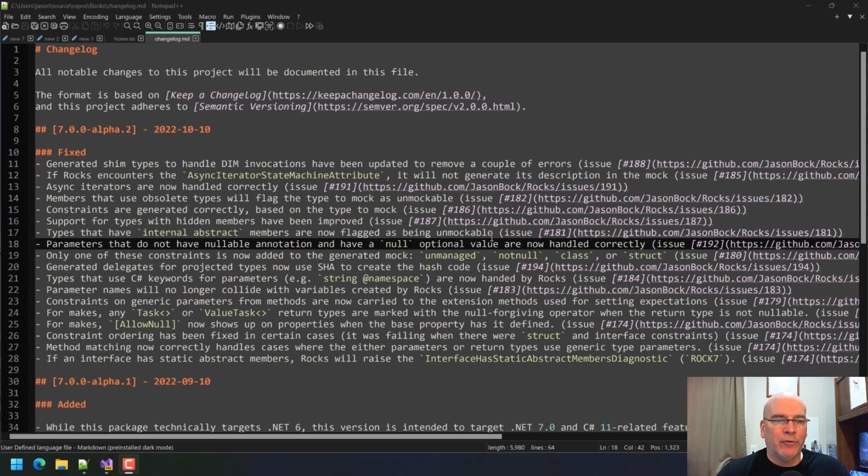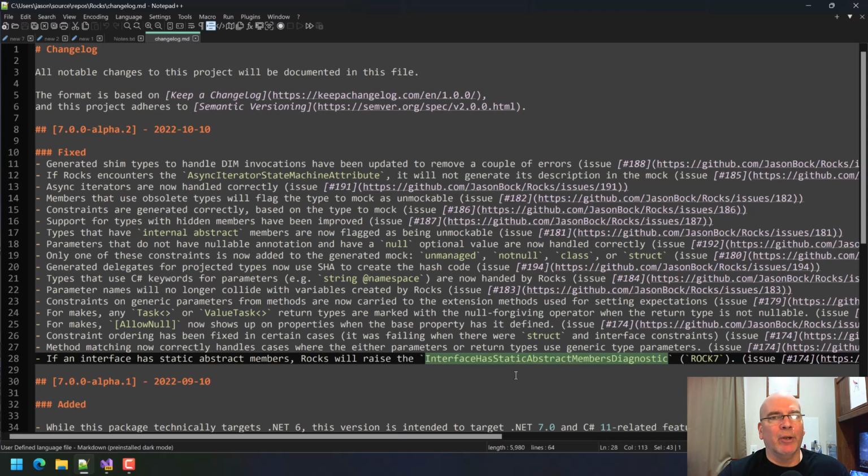if an interface has static abstract members, Rocks will raise this exception. And this is basically because you can't pass in an interface with static abstract members to a generic parameter. Now, I could leave that for the compiler to tell me that that's an issue, but there's a timing thing here. I never actually even looked into seeing, well, would this cause an issue?